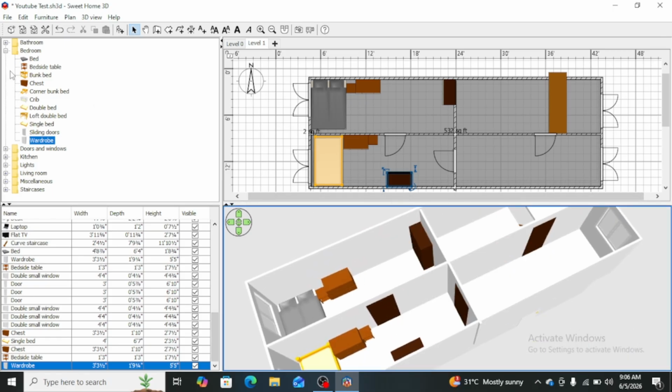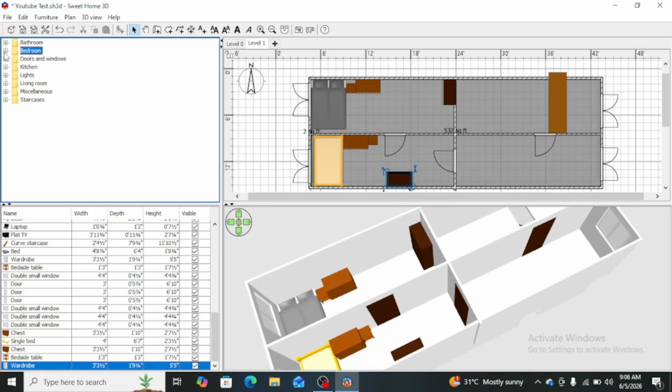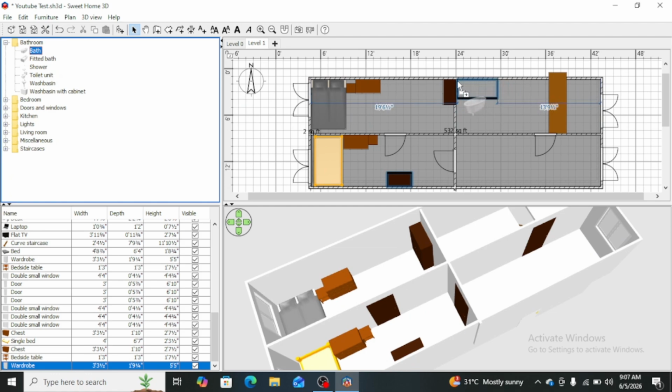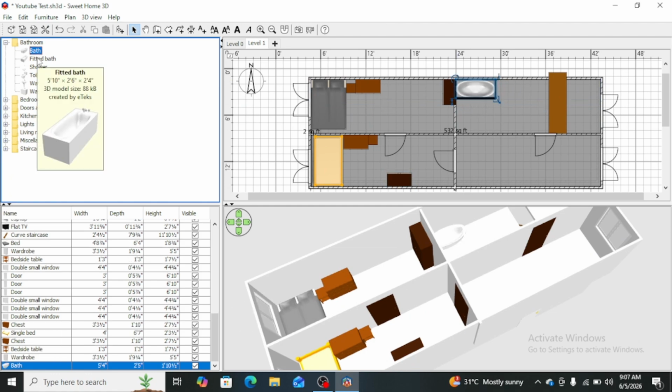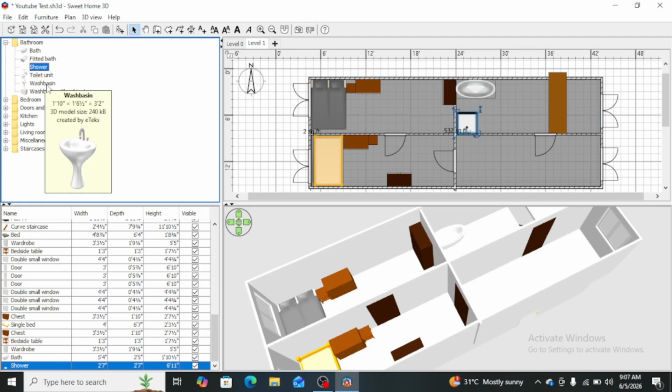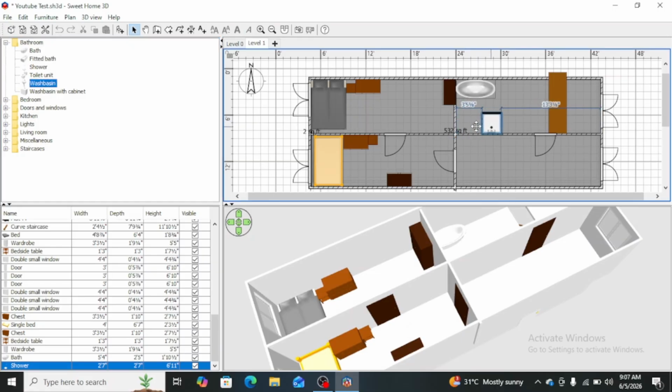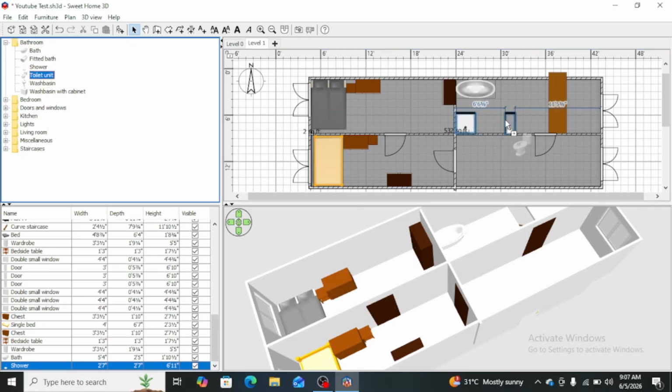So now that we have our 2 bedrooms done, let's create a bathroom, because even though you're on the second floor, you can't always be running downstairs to use the bathroom. So as I said, I'm using this bath. Then I will get a shower, I guess, over here. Then we'll get a wash bin. What happened to it? I don't know where it went. So a toilet unit